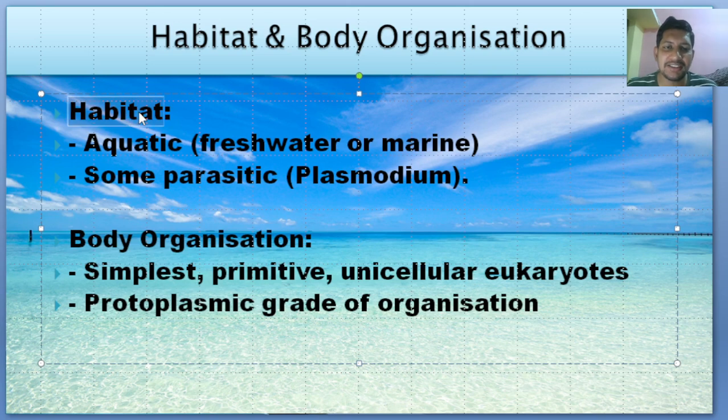So habitat means in Kannada we say Vasasthala or Jeevasthala. See, these protozoans, they live in aquatic environment. For example, fresh water or marine water. Aquatic means they live in water. Okay, ಜಲಚರ ಅಂತ ಕರಿತೀವಿ ಕನ್ನಡದಲ್ಲಿ. Fresh water, nothing but the sweet water. Example, lake, river, ponds, pools, ditches, etc.